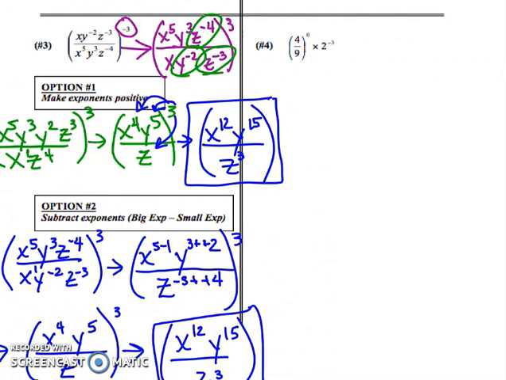Okay, my last example is actually much easier than my third example. Let's start with 4/9 raised to the 0 power. Anything